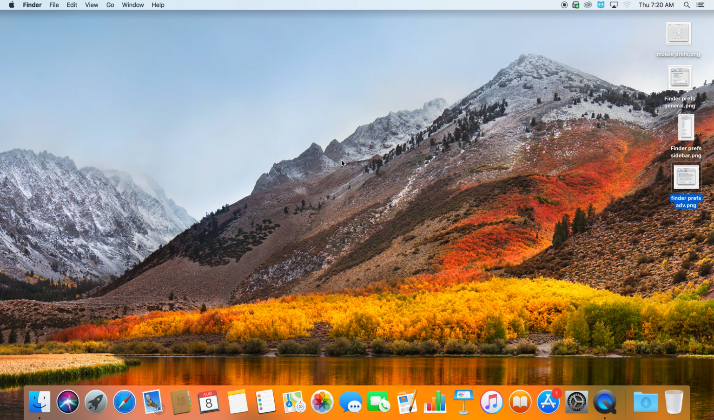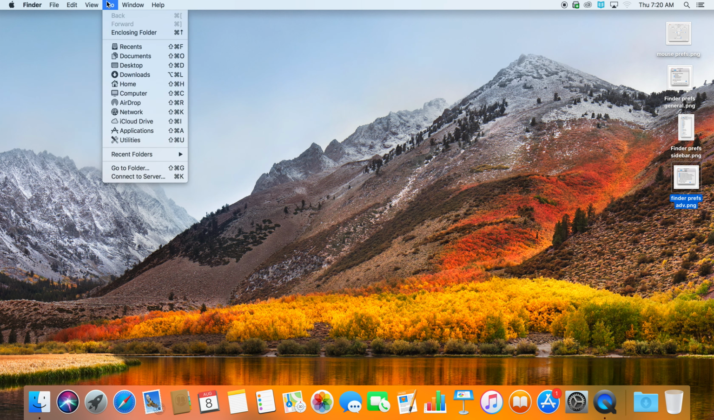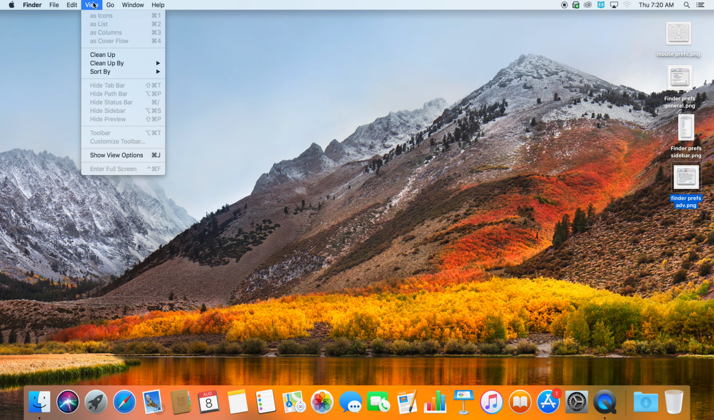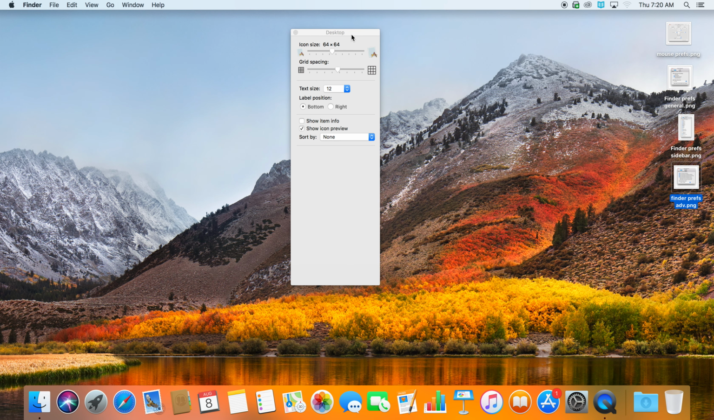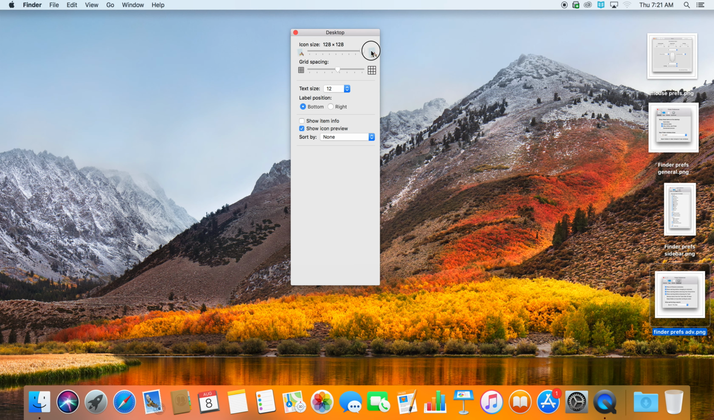All right, one last thing for the Finder, but not in Finder Prefs. Note we're actually going to go to the View menu for the Finder, View, go down to where it says Show View Options, and this is the view options for this area. Leave this at 64 by 64, but I'll show you what it does. It'll change the size of the icons,